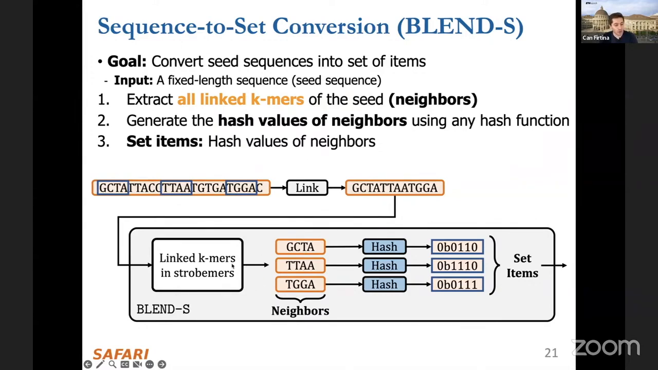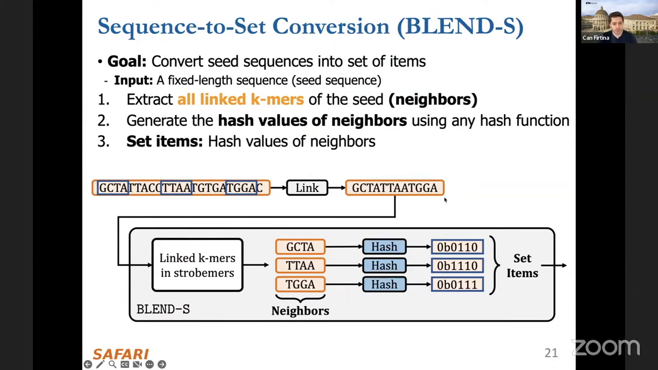We extract only the linked k-mers in stopmers. Here in this case is GCTA, for example, this was linked from here, GCTA, to here, and the second link is TTAA, which is here. We take all of these linked k-mers and then we use them as neighbors. Similar to Blend I, we hash them and then we generate the hash values of these neighbors. And then we use these hash values as set items again for that particular